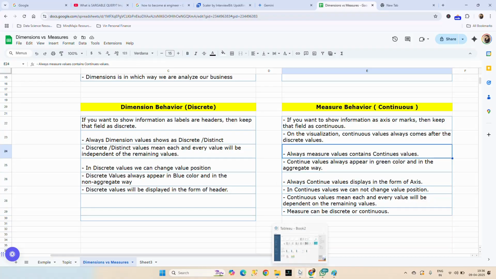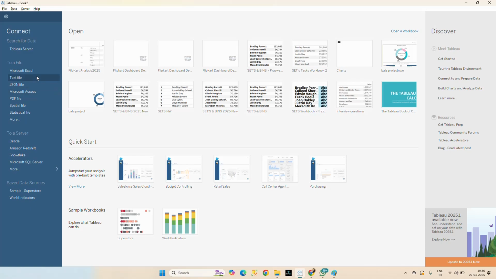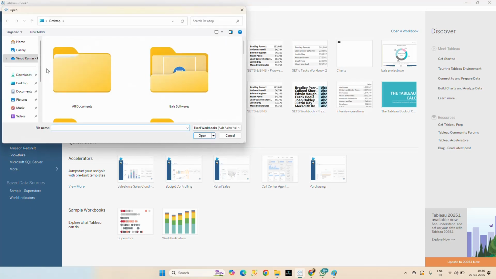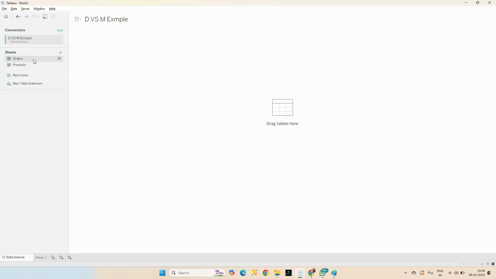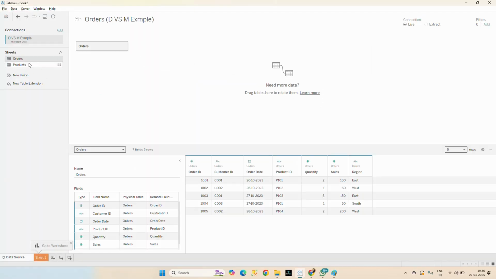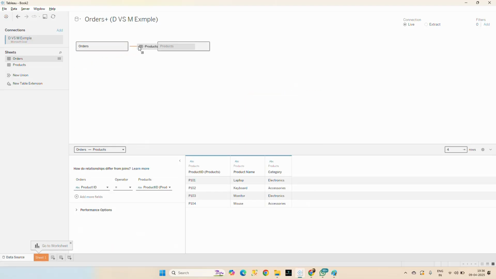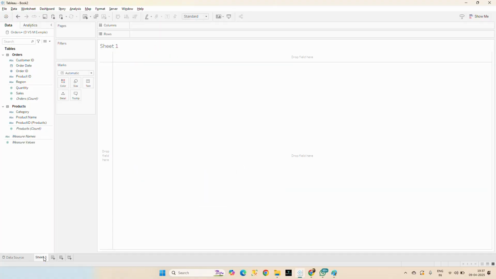Now we can connect with the data. The same data I can connect with Tableau. Right now I'll show you how it will work. Now, orders table, product table. See, this is the orders table. This is the product table. If you check here,